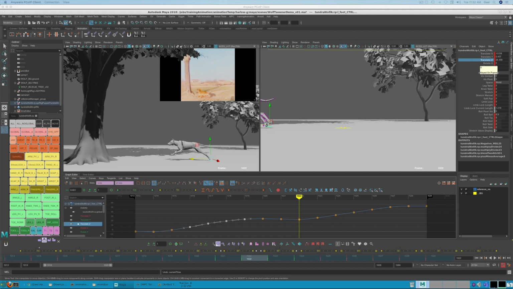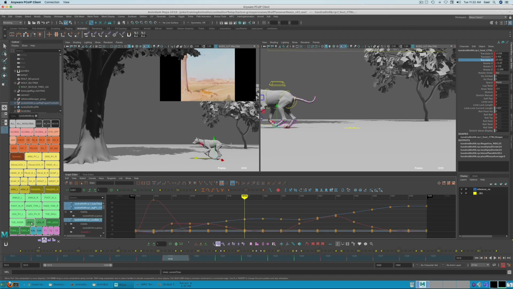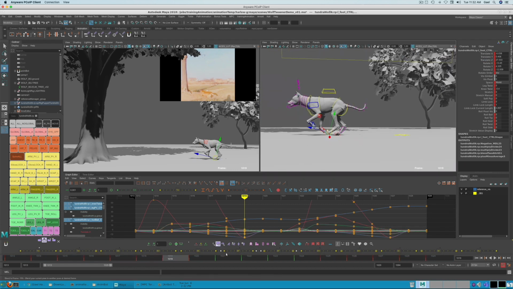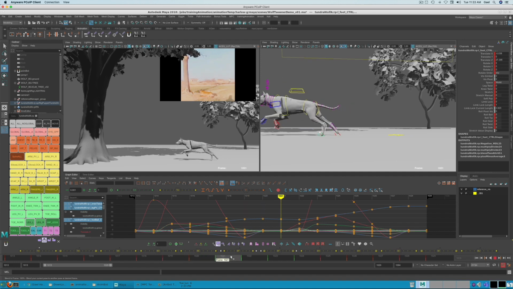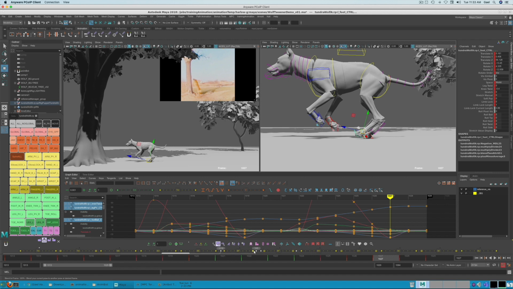Blend to frame. The blend to frame slider, you'll notice, has these little white dots here. We have blend to frame for local space and then we also have blend to frame for world space. Let's say I select all of the leg controls here on the left leg. I like this pose right here. So I'm going to hit this button right here. Oh, now it's at 10:19. I want that exact same pose here, right? So I'm going to go for my blend to frame. I'm going to hit the second button